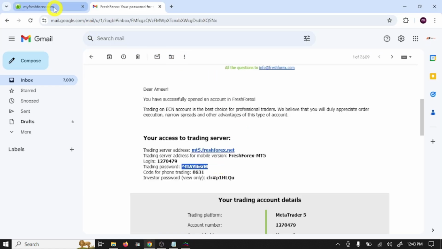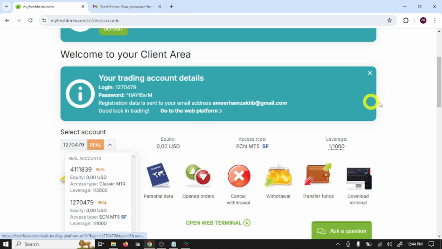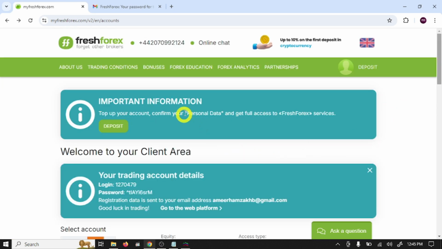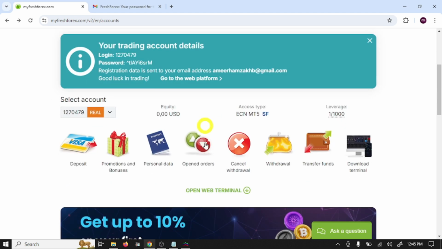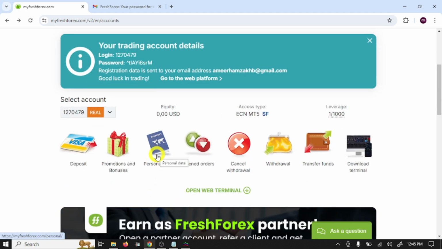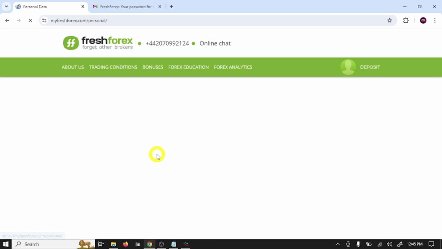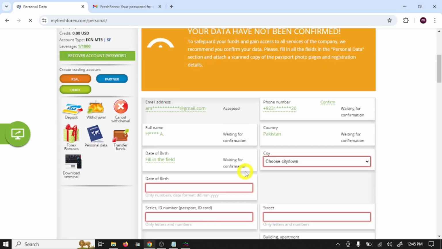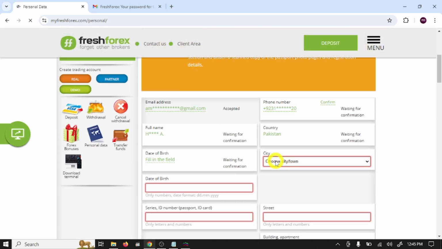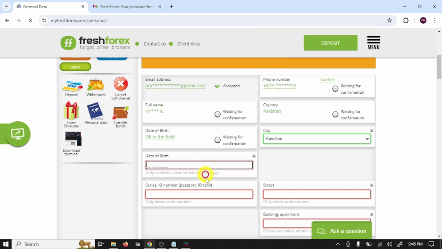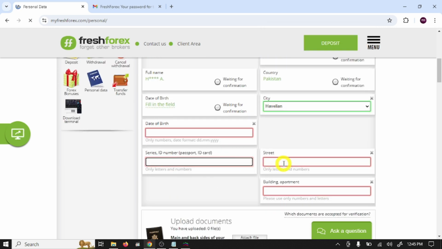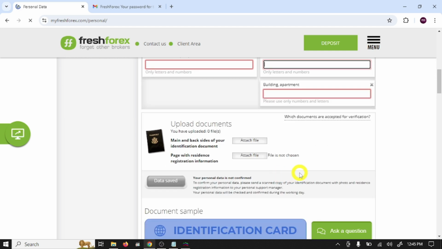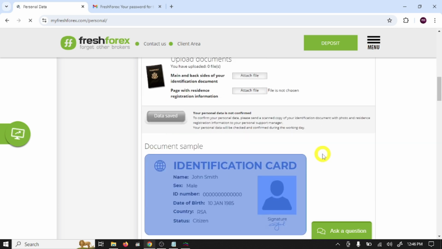Now you are almost ready to trade in the real market. Now you need to complete your personal data. Scroll down and select this option, personal data. So here you need to provide some more information: city name, date of birth, ID card number, and address. And here you need to upload your ID card front and back picture. Fresh Forex will verify your document within